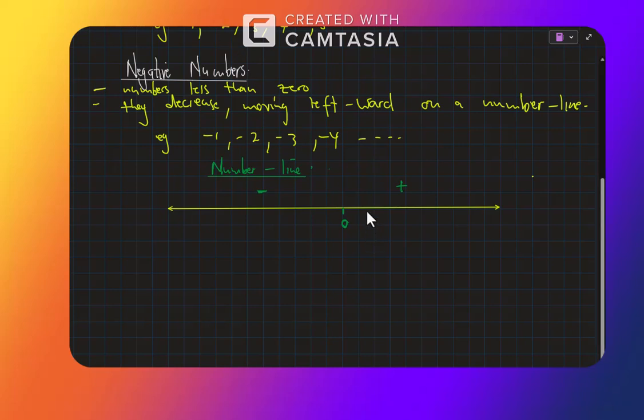So this one here will be +1, 2, 3, 4, going up to infinity on the positive side. And this side will have -1, -2, -3, -4,